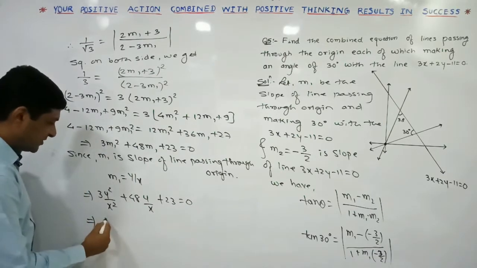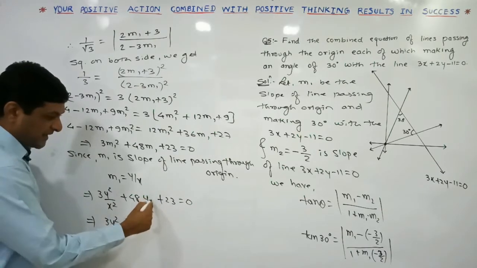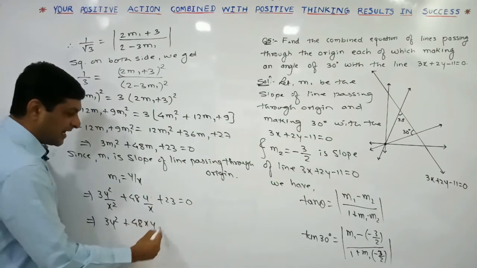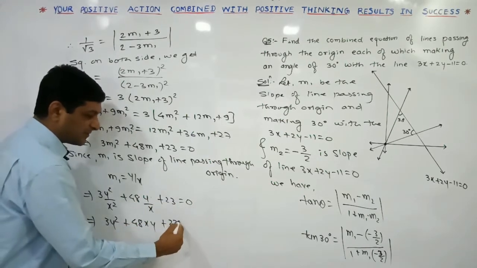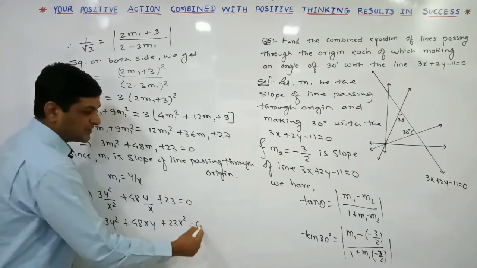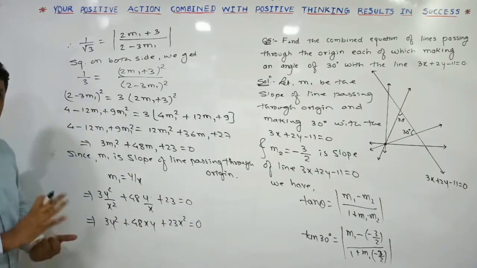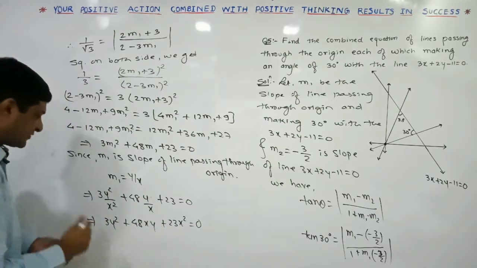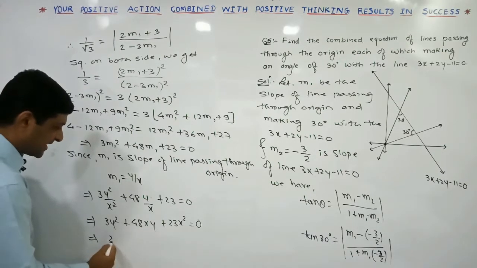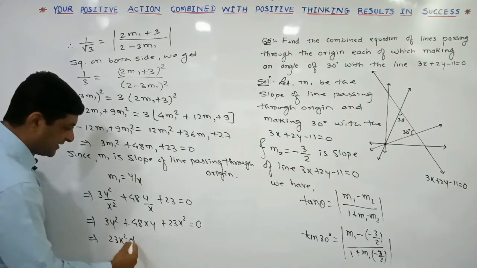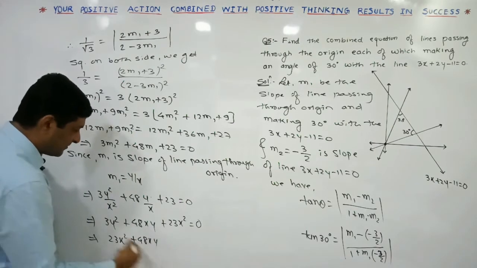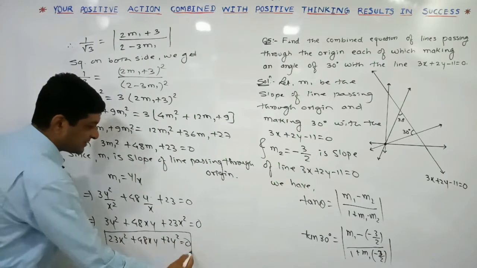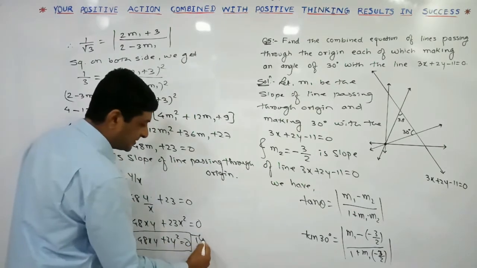See what we'll get. So here we will get 3y square. If I am multiplying here by x square, x and 1x will get cancelled, meaning we will get 48xy, and if I am multiplying here by x square, we will get 23x square, and if we are multiplying on this side by x square, 0 into x square will become what? 0. So whenever we are writing the equation in standard form, first write down the term of x square. So this implies, see what result we are getting, 23x square, keep the middle term as it is, 48xy plus 3y square is equal to 0, and we can say that this is our required combined equation.